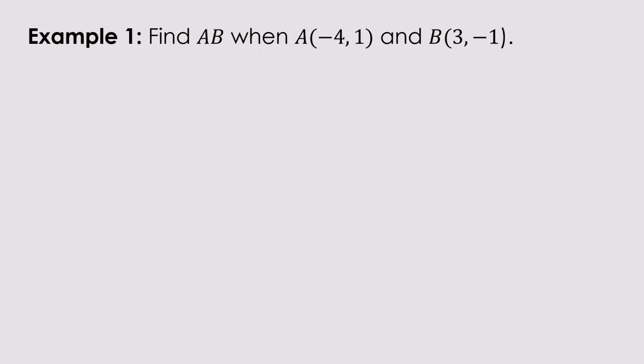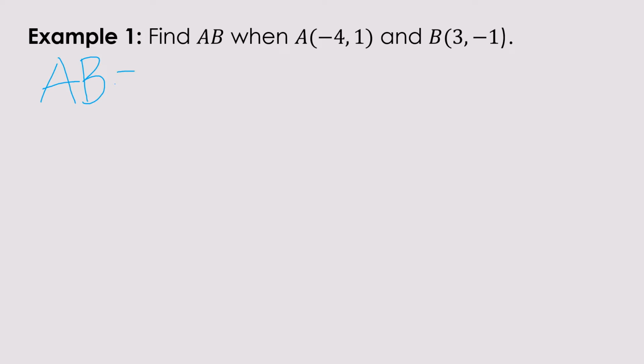Find AB when A is (-4, 1) and B is (3, -1). One thing you could do is graph the two points on a coordinate plane, connect them, and then create a right triangle and use the Pythagorean theorem. But the distance formula gives us a quicker way to find the distance. It doesn't matter which point you let be x1, y1, and x2, y2, as long as you maintain consistency. So to find the length of AB,